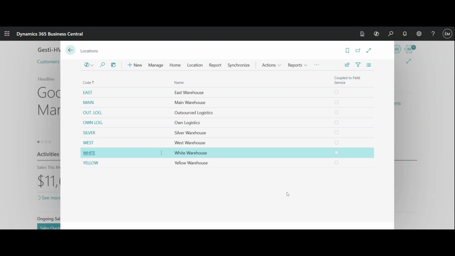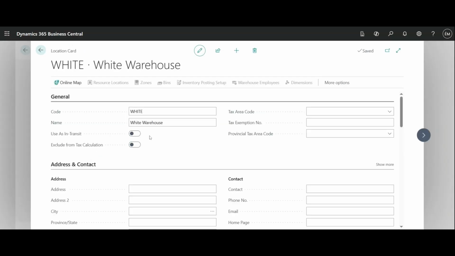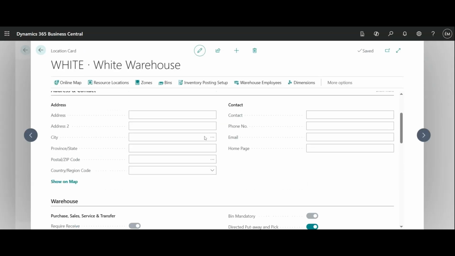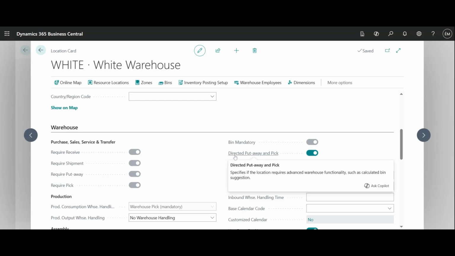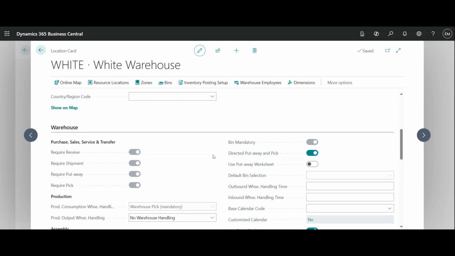Today I'm going to show you how you can set up a zone for items in the warehouse. So right now I've got my list of locations open and I'm going to select the white warehouse. The reason I'm going to do that is because it's already been set up to help with what I'm going to show you today. As you can see here, directed put-away and pick has already been selected for this purpose. So what we're going to do is open the zones and create a